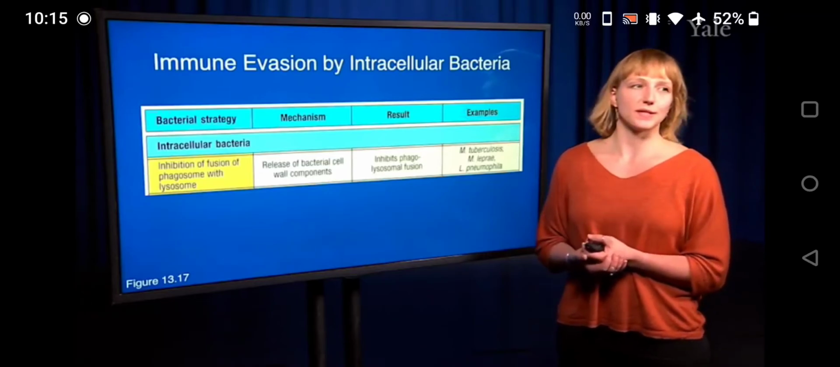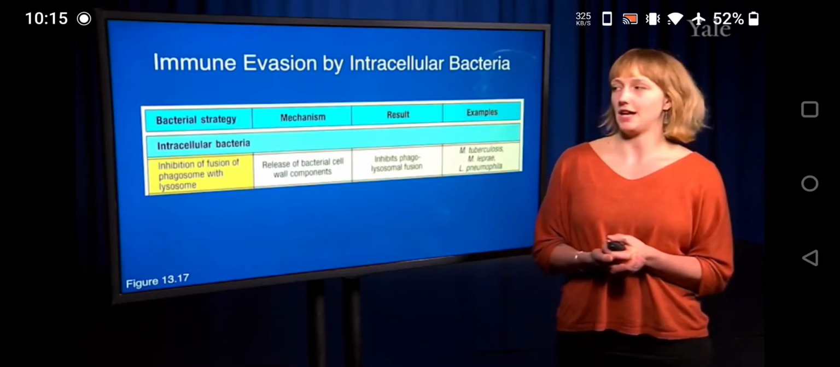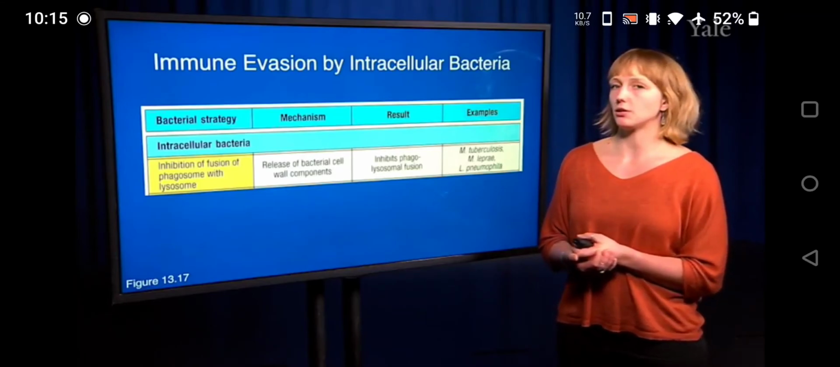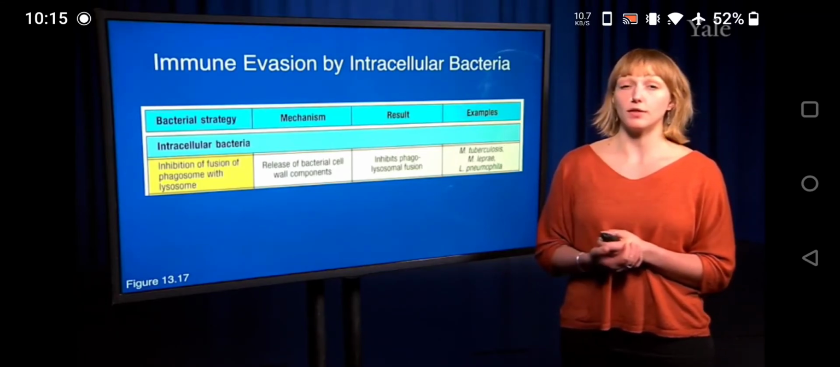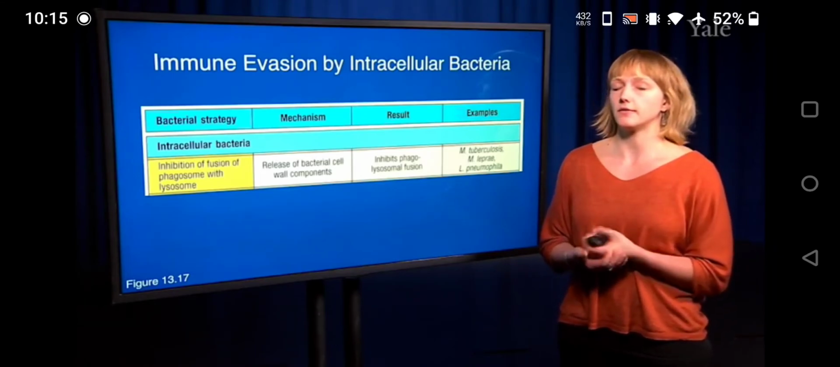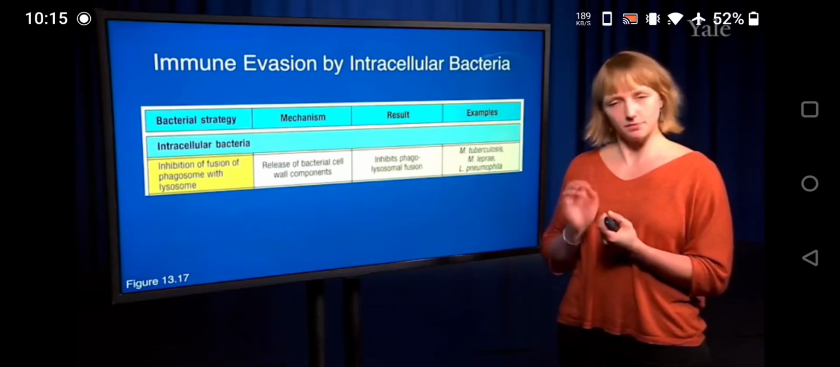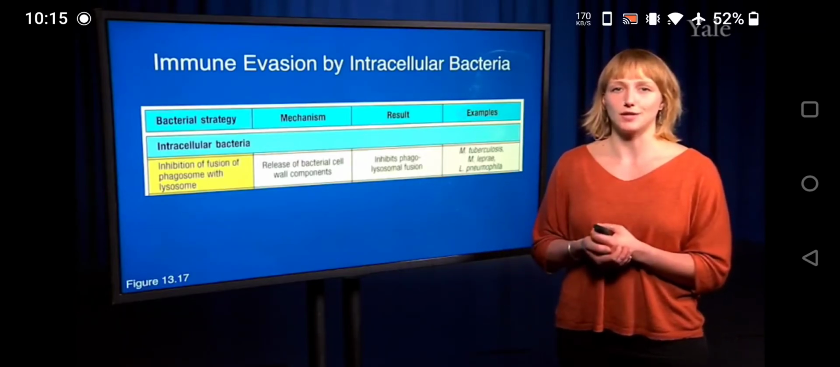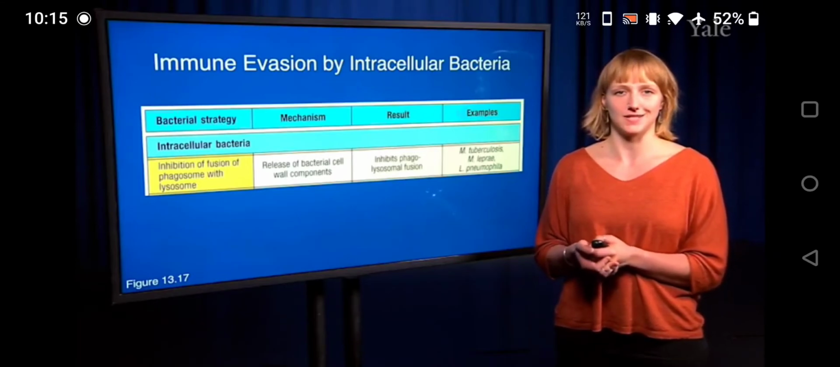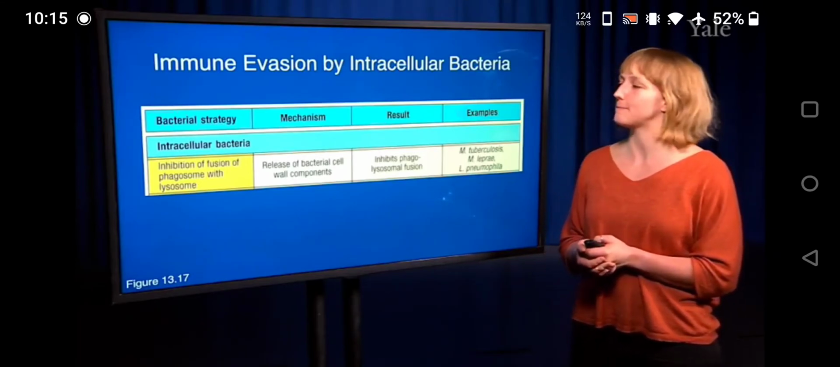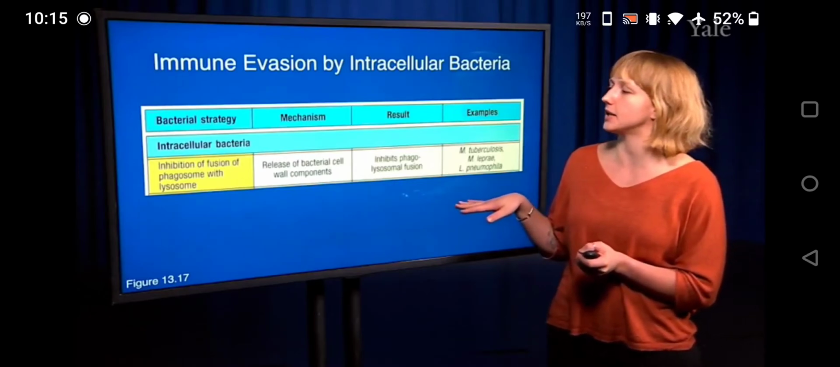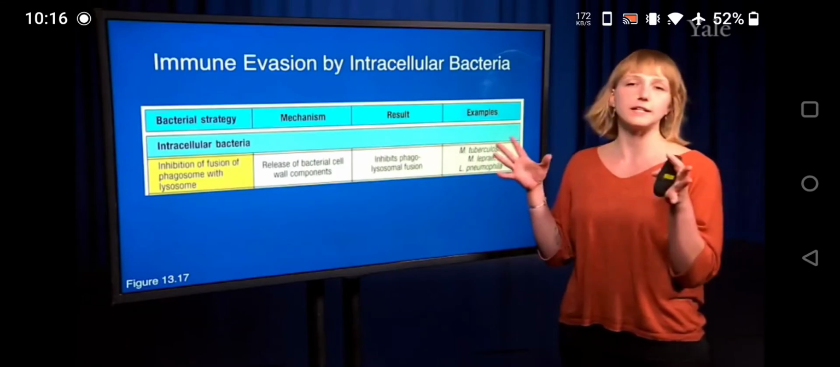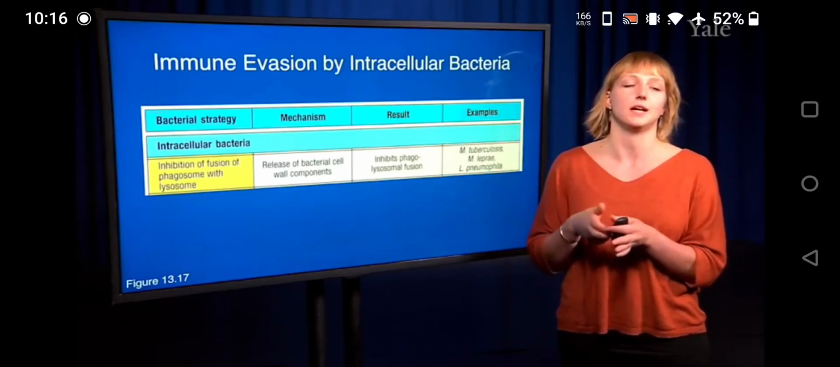In addition, intracellular bacteria are known for inhibiting the fusion of phagosomes with lysosomes. So many intracellular bacteria will actually live within phagosomes of cells because it's a very safe environment as long as they prevent lysosomes from fusing with the phagosome. That is when degradation of the bacteria happens, and they obviously do not want that to establish an infection. So many intracellular bacteria will actually release bacterial cell wall components, which will inhibit phagosomes from fusing with lysosomes to